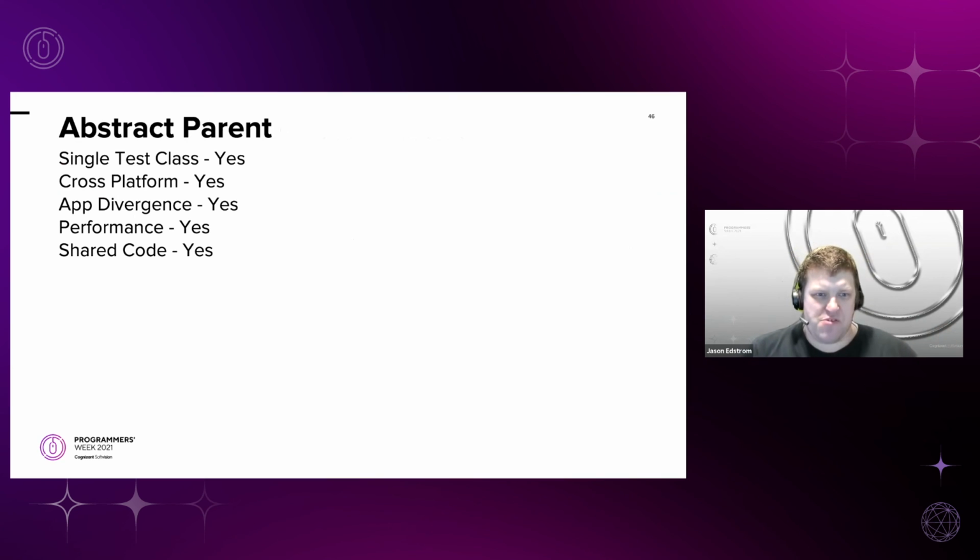So with the abstract parent, we cover all of our guiding principles with a yes, and we are able to step out and get some extra of those stretch goals, like the readability, which is kind of Gherkin-like, and some of those other parts. So that's where my journey has led me in terms of mobile automation, and I've actually employed some of this in web automation as well, using some of these skills.